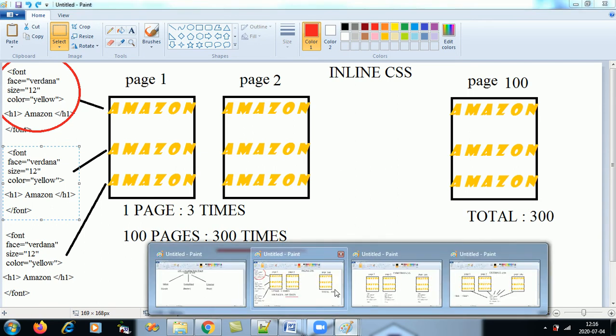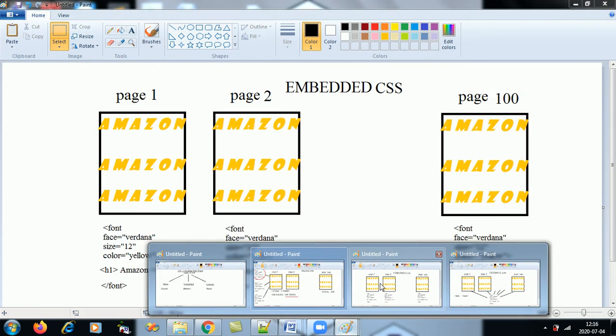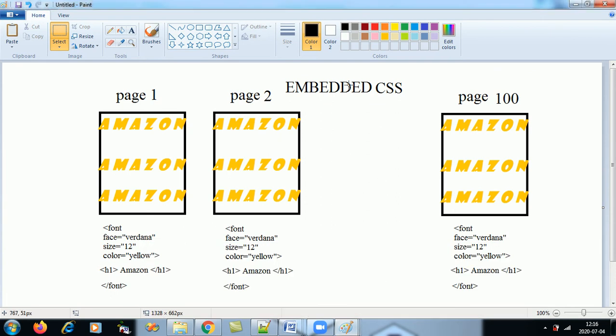Now let's go to embedded CSS. The second type of CSS is embedded. In embedded, you can code per page. So you can write this code for one page, and for that page the code is done. If this tag appears 3 times on that page, you just have to code it once per page.